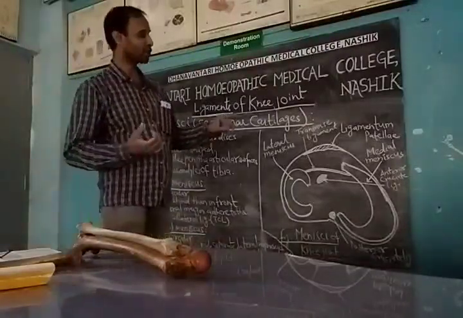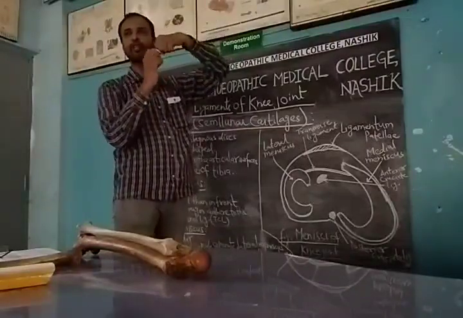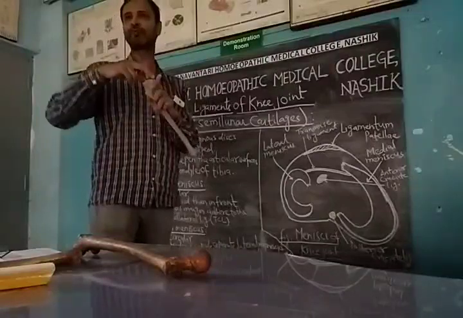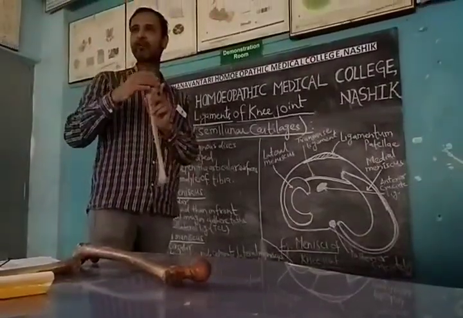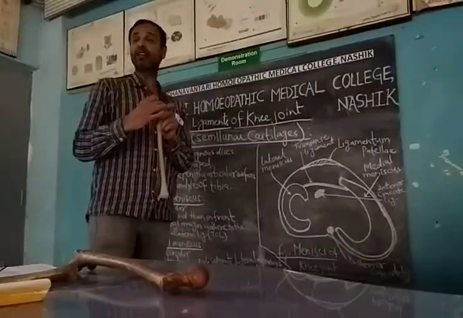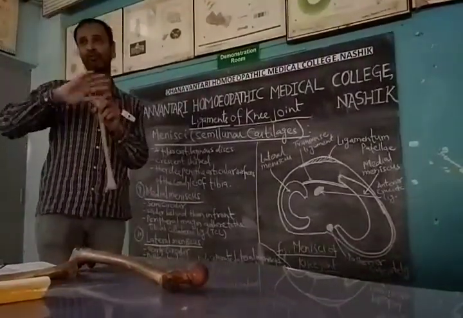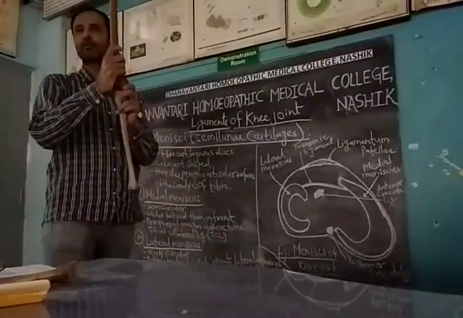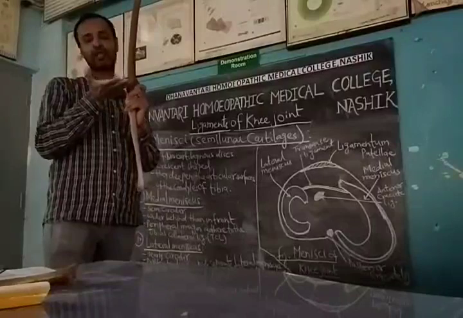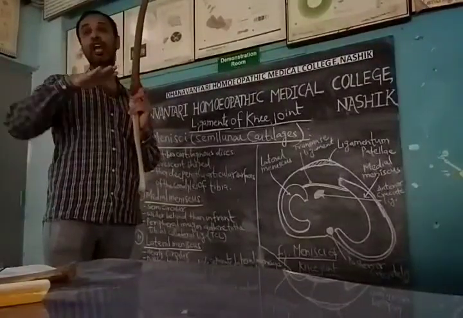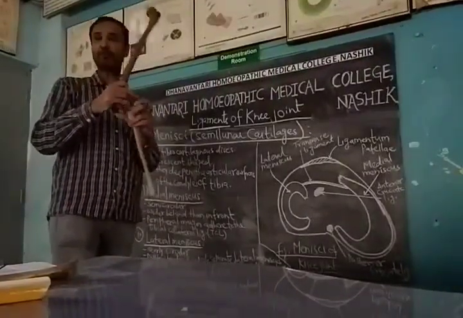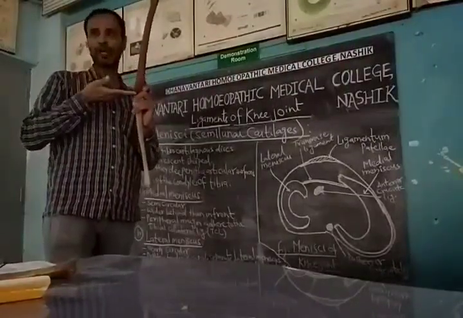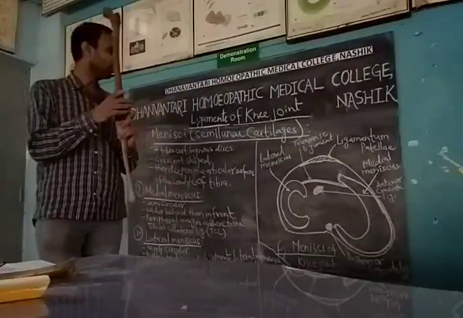The cavity of the condyles of the tibia is shallow, not deep, and this gives a firm attachment here. The condyles of the femur and the condyles of the tibia are not congruent. So this cartilage is present between the two, it prevents friction and helps in lubrication. That is one function of this cartilage.